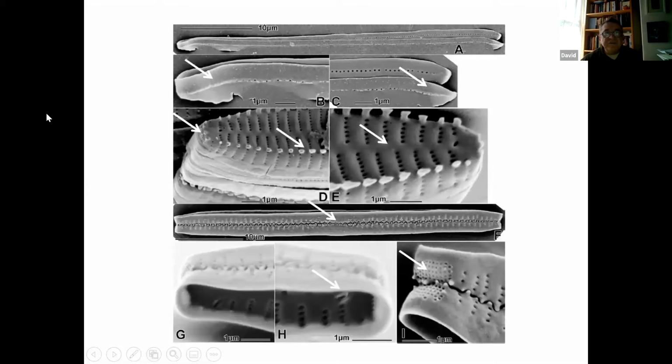This arrow here points to the spines. Look, there are some spines that overhang here, where the pore field is. You can see the striae here and so on. Again, you can see the sternum here. The spines are the usual type. Again, here are 2 valves that are connected. Right in the middle here is where there's that central area, which is slightly different. Again, here you see the rimoportulae, the pore field, and so on. All of these features you will read over and over again in the description of the genus Fragilaria.